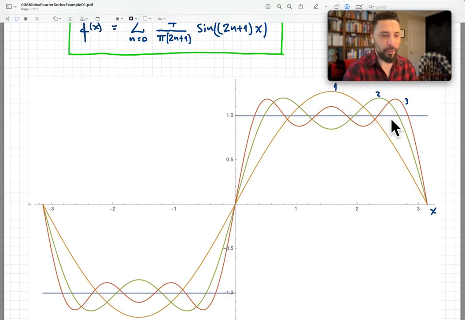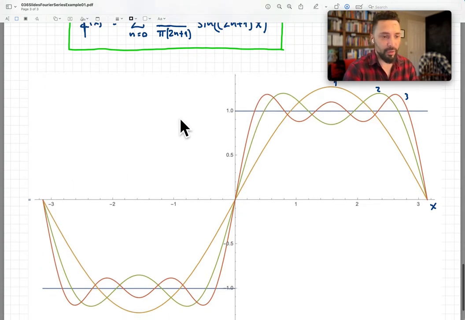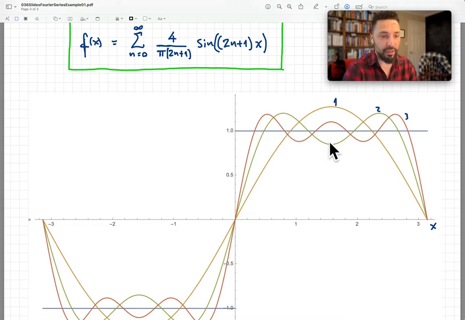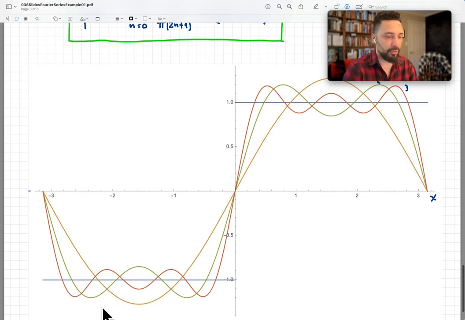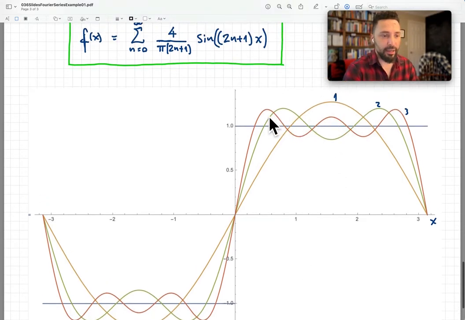If we add 2 non-zero modes, then you get the 1 and you get the 3. So you have the green line here. And if you add 3 non-zero terms, so the one with sine of x, sine of 3x, and sine of 5x, then you get this darker orange curve. And so you see that as you add more and more terms, this really is looking like it's trying to go to my straight line here and straight line down here, which is just a mirror image of this one up here, of course. And it's trying very, very hard to do so,